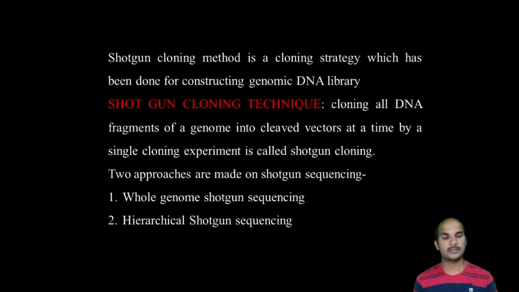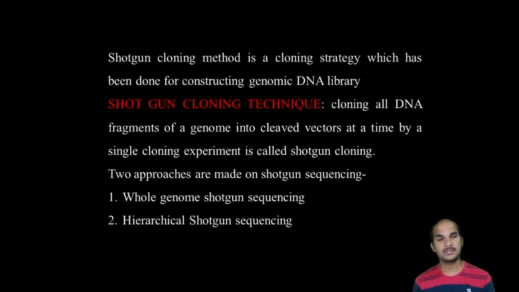In gene cloning, the main method is the shotgun method. The shotgun cloning method is a cloning strategy used for constructing a genomic DNA library. What is meant by the shotgun cloning technique? Cloning all the DNA fragments of a genome into a cleaved vector at a time by a single cloning experiment